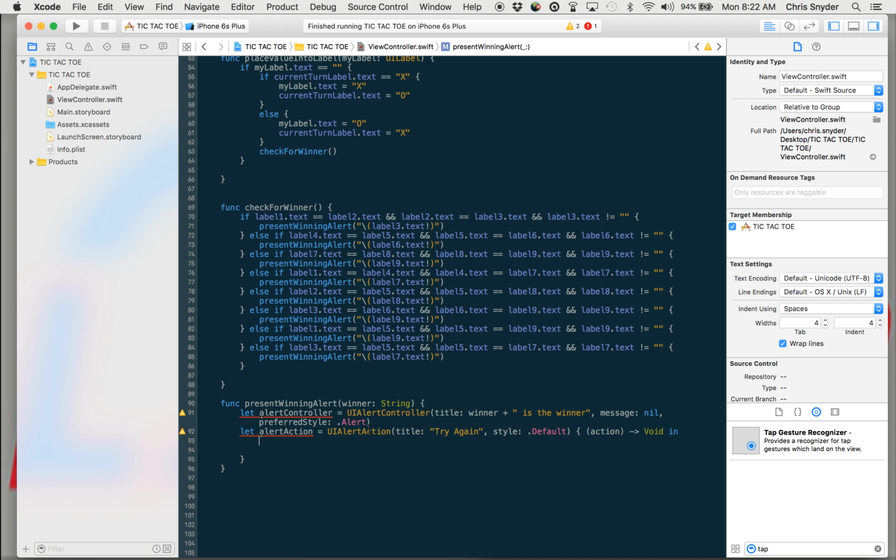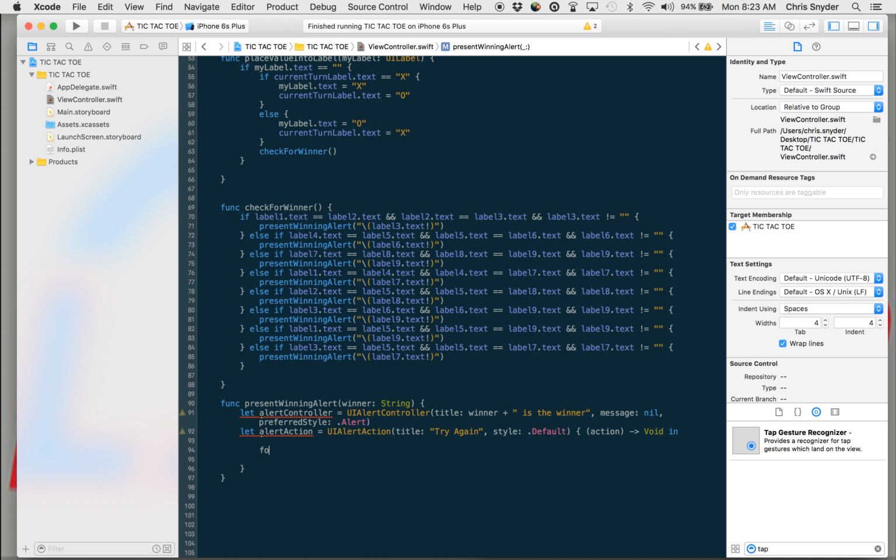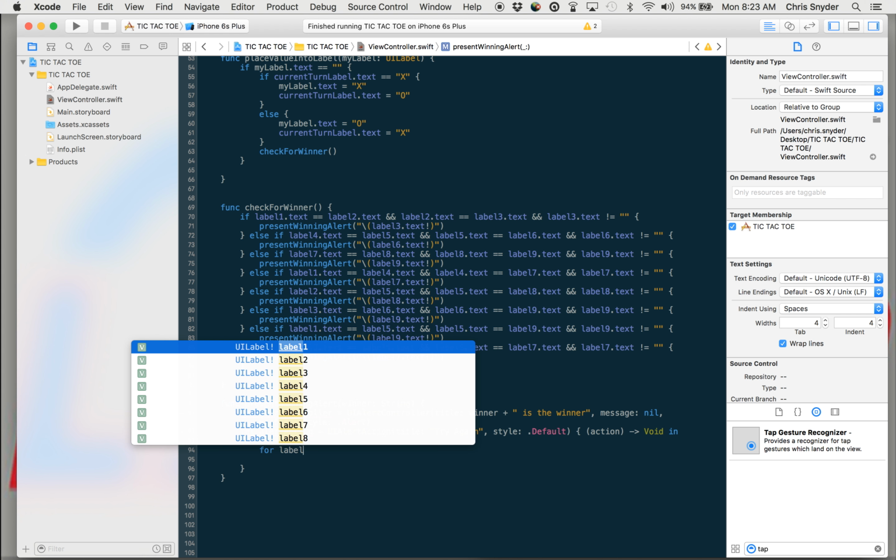Okay, when they press this button, this is the action. What's the action you want to have happen here? Basically what we're going to do is go through our labels. So we're going to do a for loop here. We're going to loop through for label in